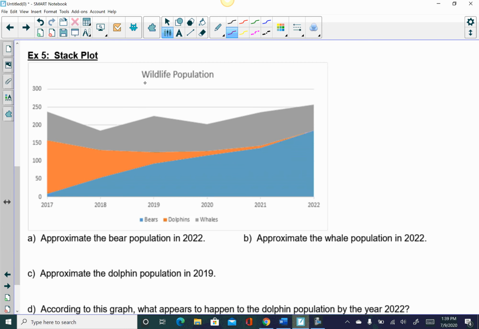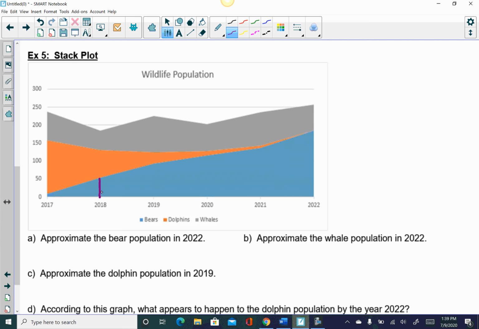We're looking at wildlife population of 3 different types of wildlife: bears, dolphins, and whales. So the bears are in blue, dolphins are in the orange, and the gray represents the whales. And then over here on the left-hand y-axis, you're given the actual number of these animals. So the key to reading a stack plot is that whenever you are trying to figure out how many of these animals are actually represented at a particular point in time, like for example, for 2018,